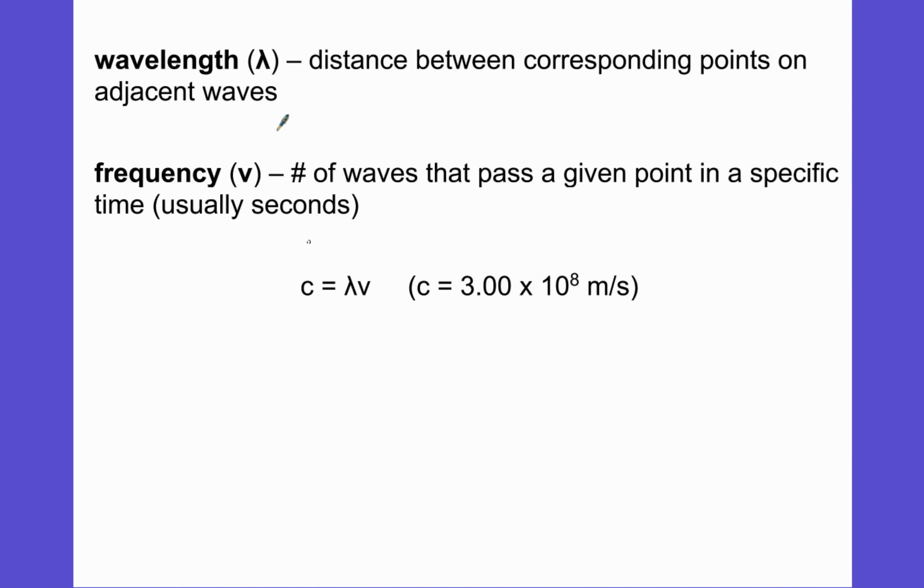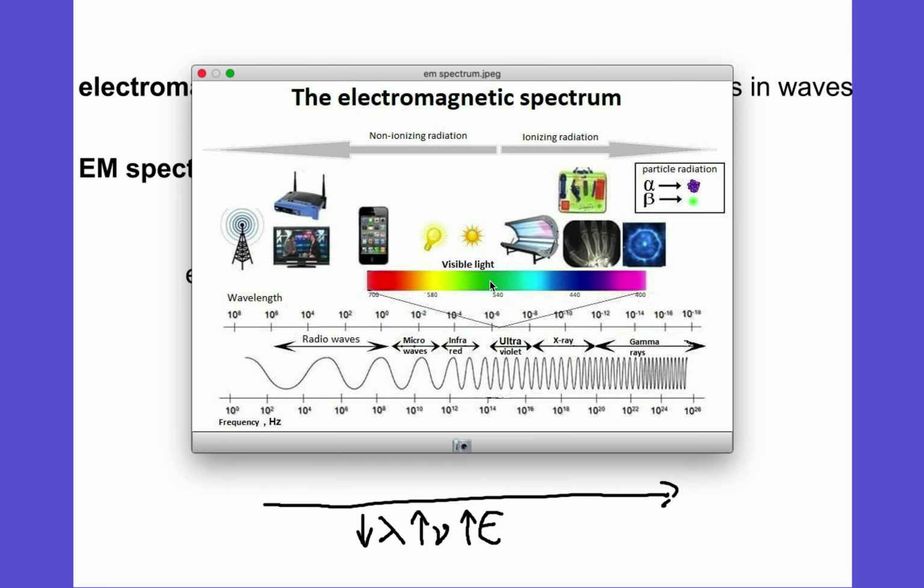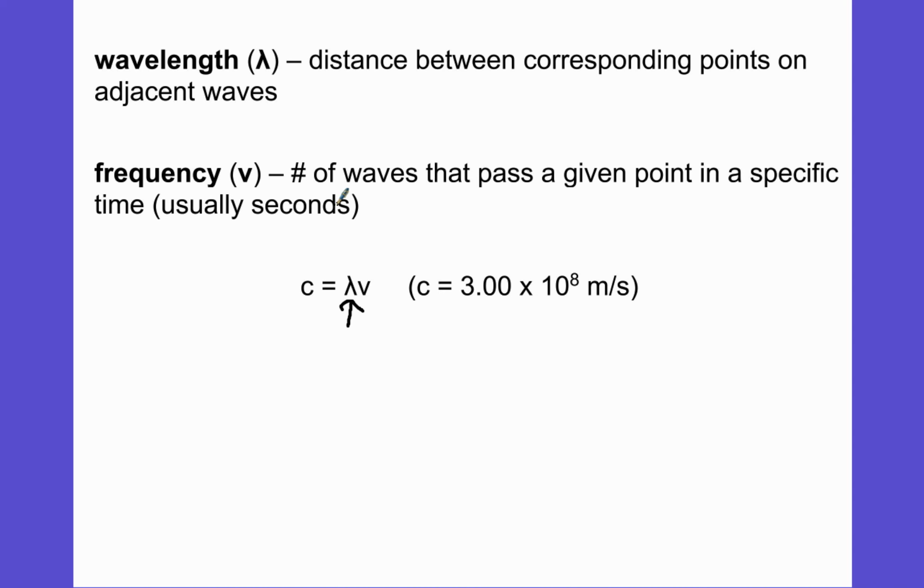We have to relate wavelength and frequency. It turns out that wavelength times frequency gives you the speed of light, which is 3 times 10 to the 8th meters per second. So here's an example of a calculation you may do with this. If I look at red light at about 700 nanometers, and purple over here at about 400 nanometers, and I knew a specific wavelength, let's say it's that red that's 700 nanometers,